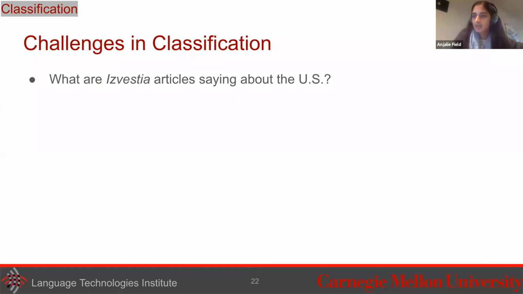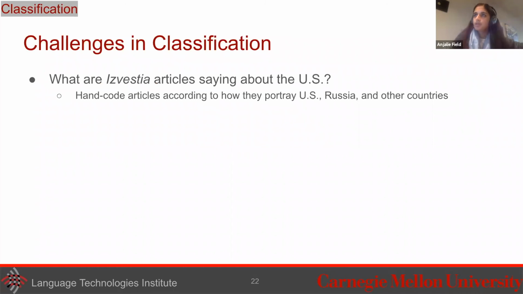And still running with this example of looking at how much these Izvestia news articles talk about the US. When we see this pattern of these articles discussing the United States more when the state of the economy is worse, the natural question is, what are these articles actually saying about the US? Why is this a strategy of distraction? It's not obvious why it's useful to talk about the US when the economy is doing poorly.